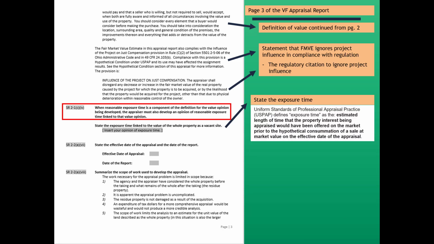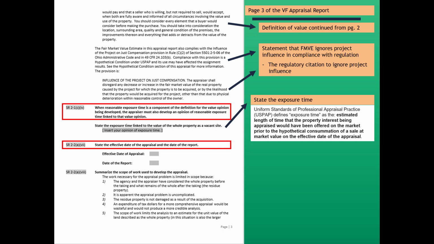And so what I've just inserted here comes from USPAP. The Uniform Standards of Professional Practice defines exposure time as the estimated length of time that a property interest being appraised would have been offered on the market prior to the hypothetical consummation of a sale at market value on the effective date of the appraisal. Next USPAP standard,